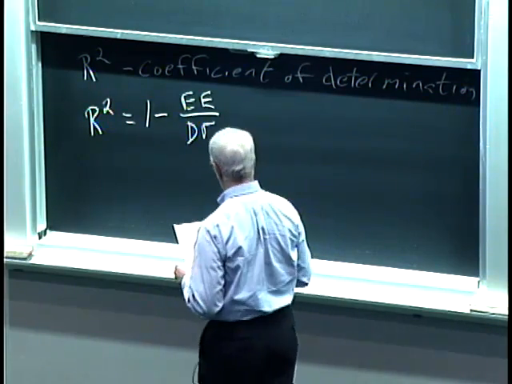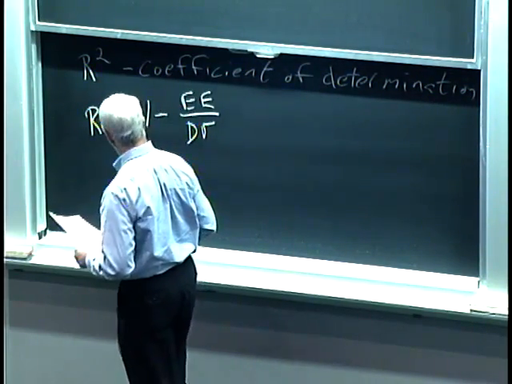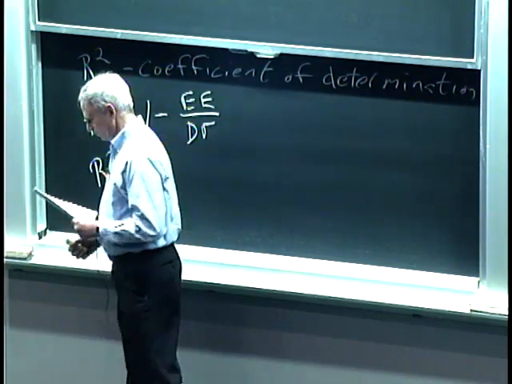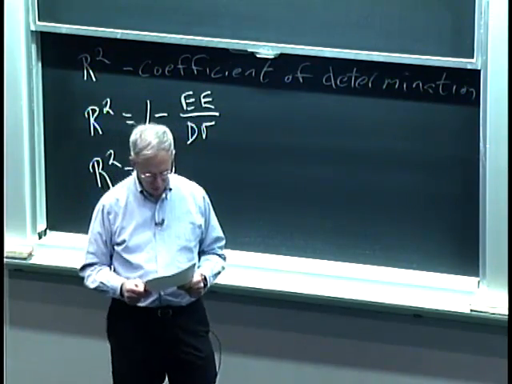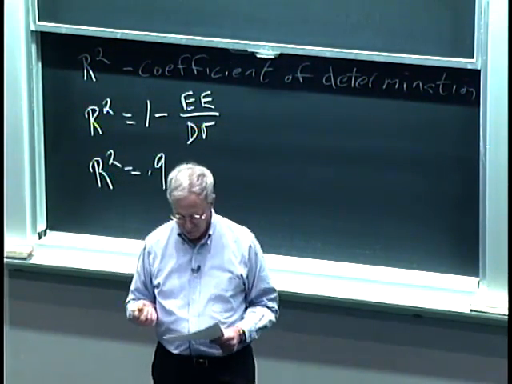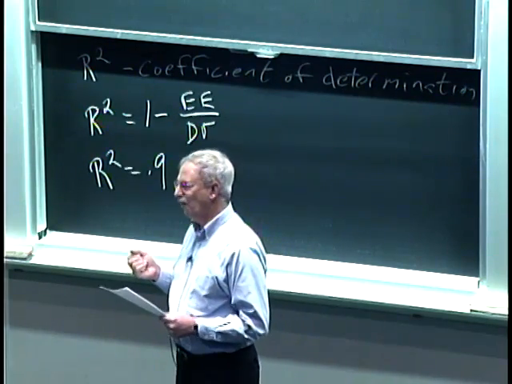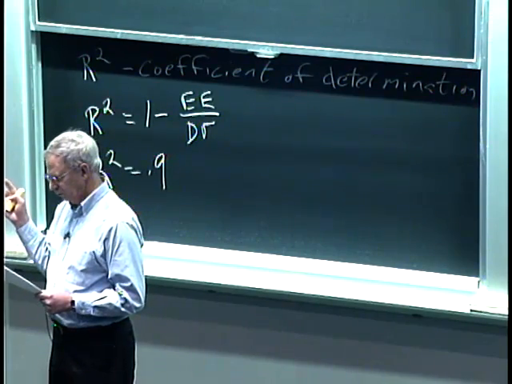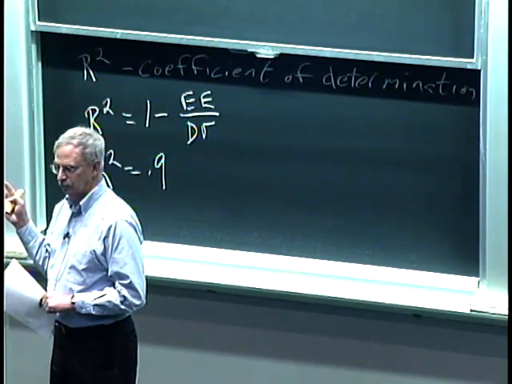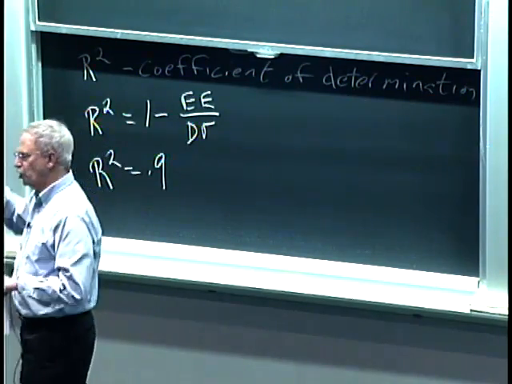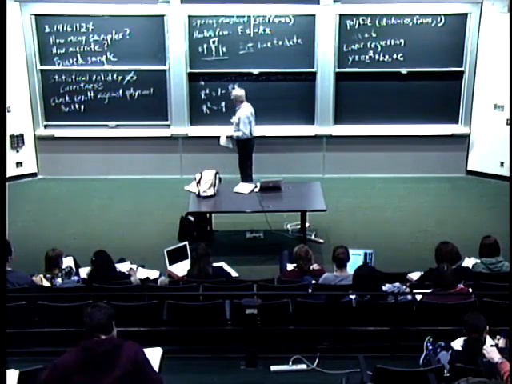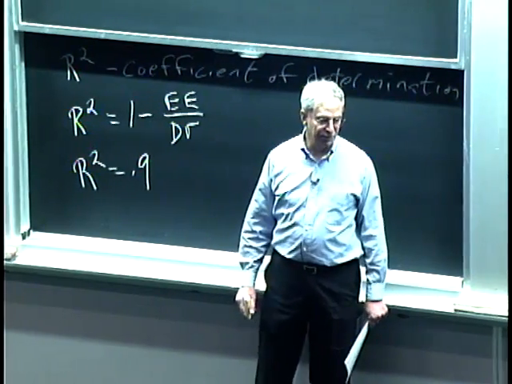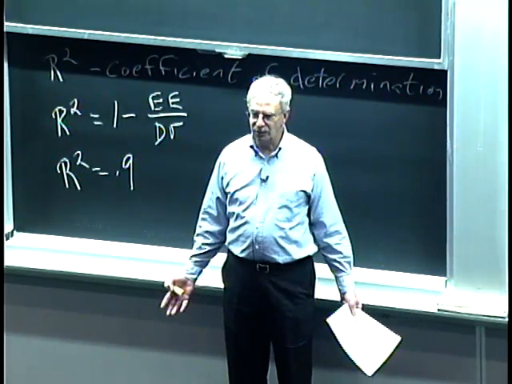So actually, let me give you an example and then come back to it more informally. If, for example, R squared were to equal 0.9, that would mean that approximately 90% of the variation in the variables can be explained by the model. Okay, so we have some amount of variation in the measured data. And if R squared is 0.9, it says that 90% can be explained by the model, and the other 10%